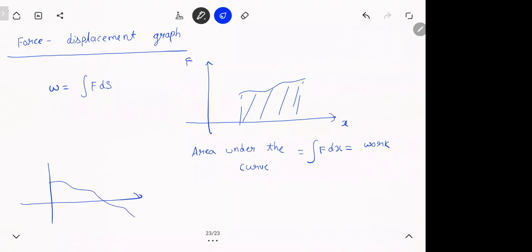So one important thing, if the area is above the positive axis, it is positive. Same thing which you did in kinematics. If the area is below the x-axis, it is negative. So remember that. Area above the axis is positive work, area below the x-axis is negative work. So area under the F-x graph is work done. Kind of looks like a VT graph. Area above is positive, below negative, same stuff.